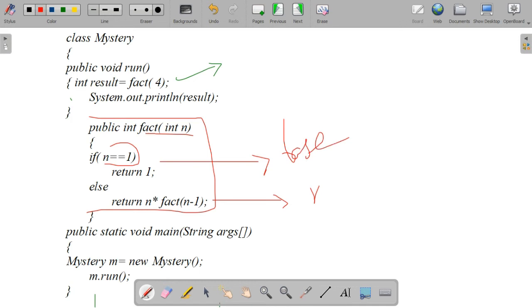In executing a program, the computer creates what is called a program stack. To understand the stack, we have stack and queue in data structures. Stack and queue are data structures.